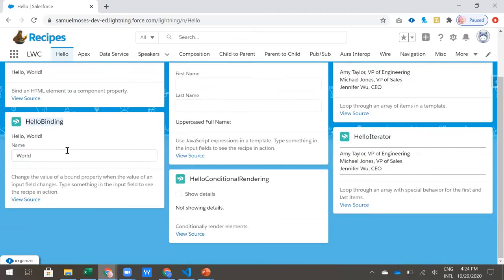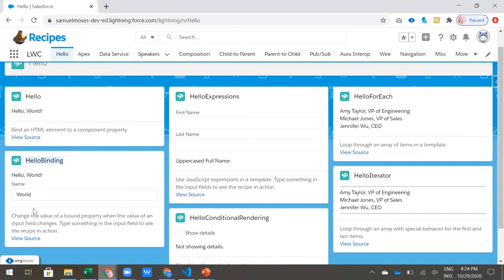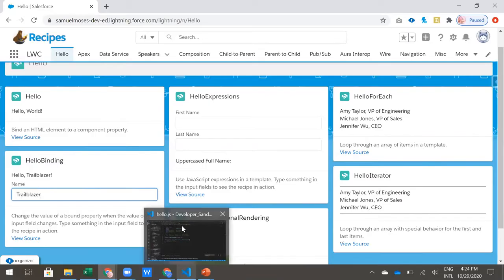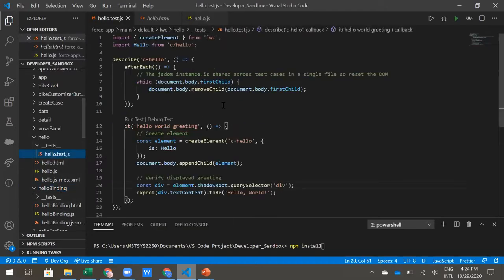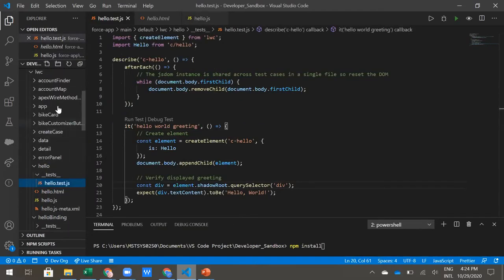So here we have one more component, right? Hello binding. If you change values, it will appear over there, so here we have to use the onchange event. Yes, correct. I just took a simple example for better understanding, just to give an idea about how the test file should look. We'll see more with the upcoming samples. So let me explain.